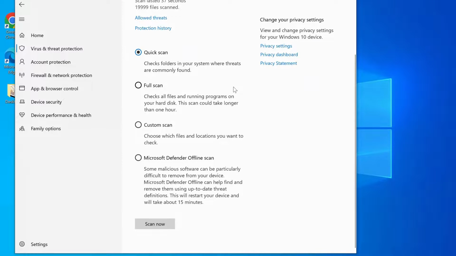So let's go to scan options real quick, just so you can see what is available there. Quick scan is the default. It's going to scan the basics of where things are going to be found. Your full scan is running all your files, running all programs, anything that's actually written to your hard disk. You can do a custom scan. Once again, I don't know personally why you would do that. And then also the Defender offline scan,